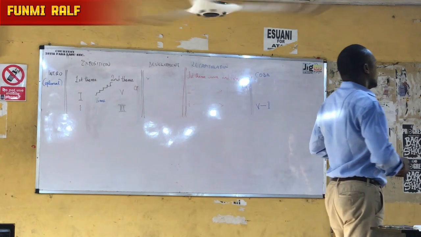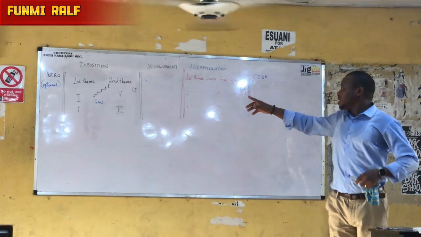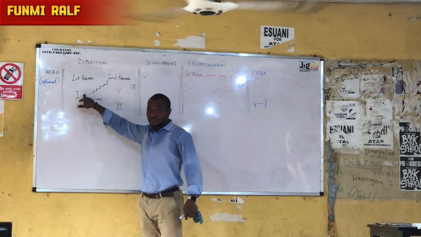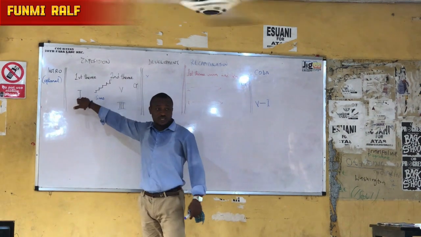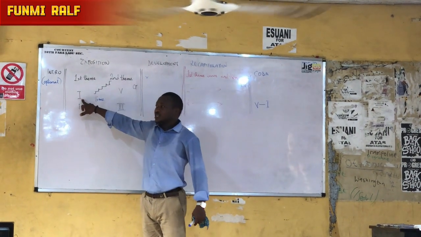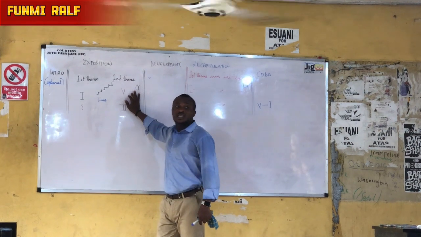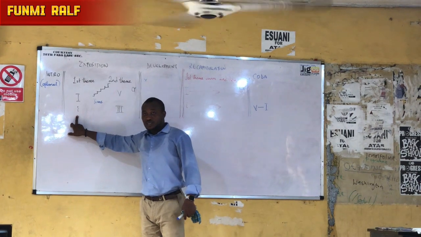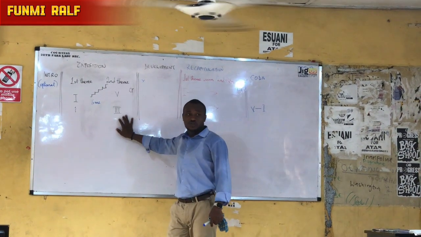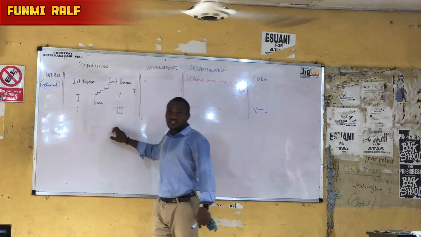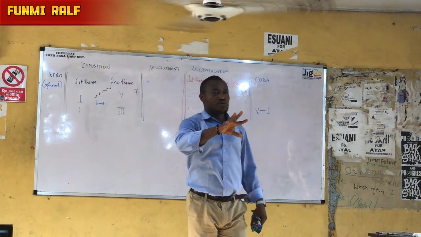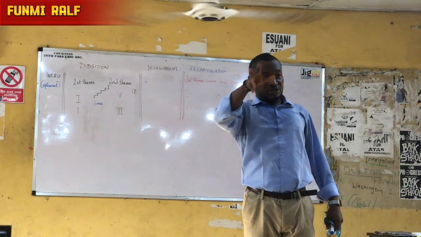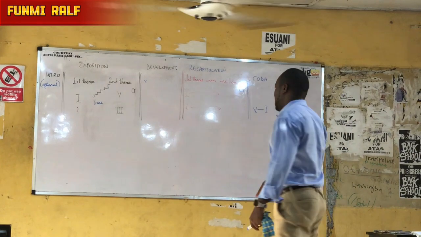You know. But the reason why you have one here is this one signifies key. So if the first theme is in a major key, here, like this, the second theme usually will be in the dominant. Alright? And then if the first theme is in a minor key, the second theme will be in the relative major. And that's why I have this big three here. You know, in a minor key, the relative major is usually the third degree. I hope you understand. Yes. So that's why I have three here.